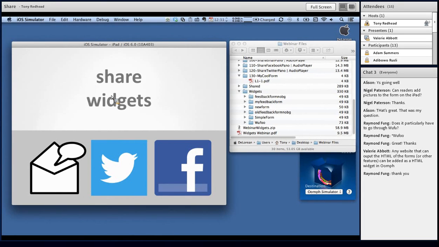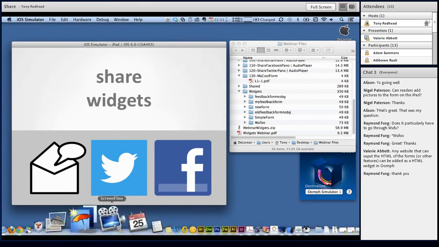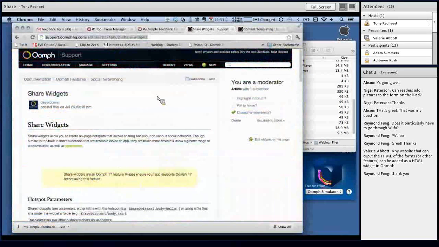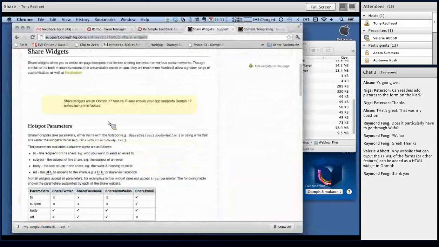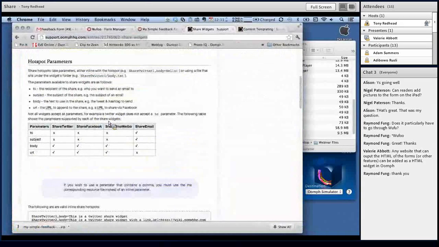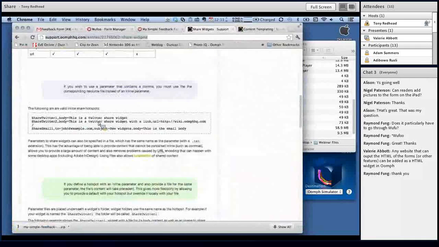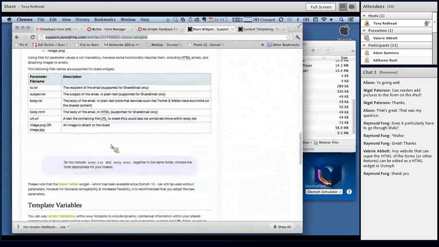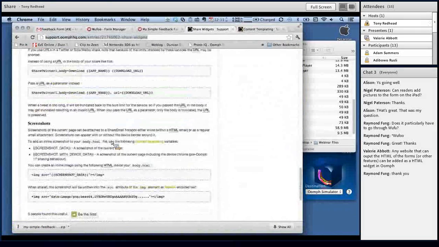Now, when we get to the final screen, I've got some links back to the information about it. But I'd highly recommend you go into Oomph support, into the documentation side. There's a whole section there that the dev guys have put up on Share Widgets, the hotspot parameters, the things you can change, how you can create valid inline share hotspots, parameter file names, template variables, screenshots, all sorts of